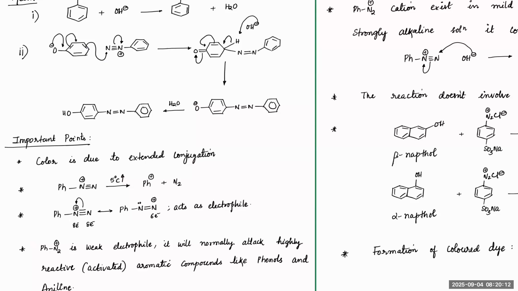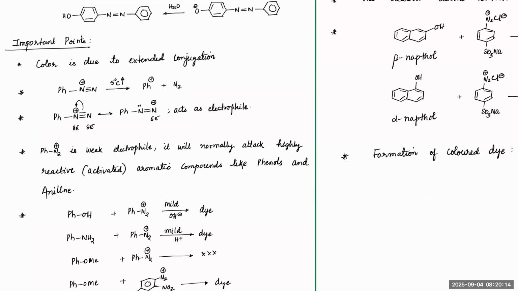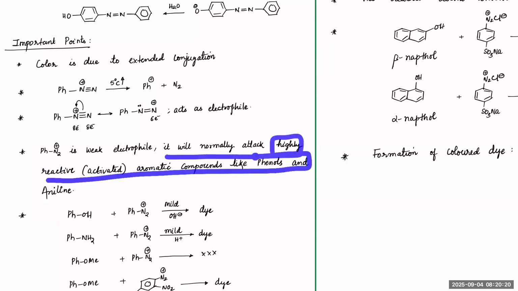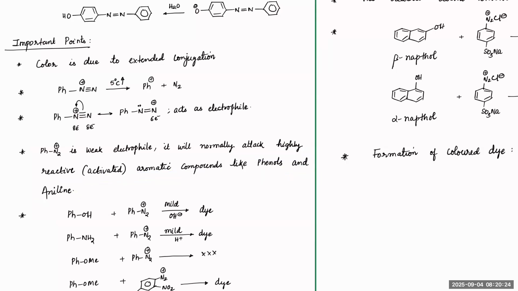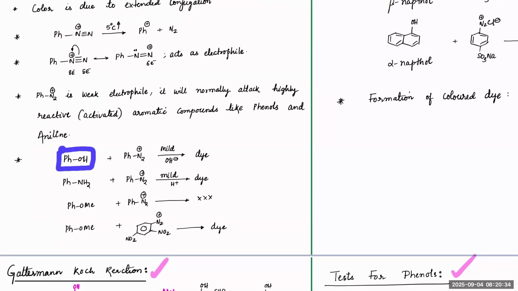Right? Next. So PhN2+ is a weak electrophile. It will normally attack highly reactive aromatic compounds like phenols and anilines. Got it? Now, phenol, if you react with PhN2+ with mild OH minus, this will give you